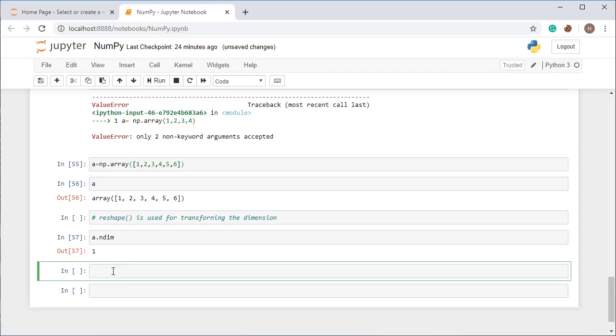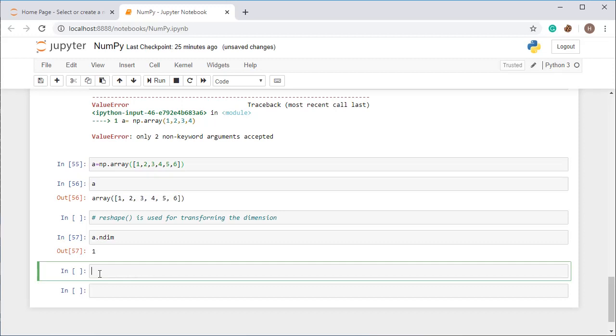Always remember, you can put any number of arguments in the reshape function, but the product of all the arguments must be equal to the total number of elements present in the array. Here, how many elements are present? 6.